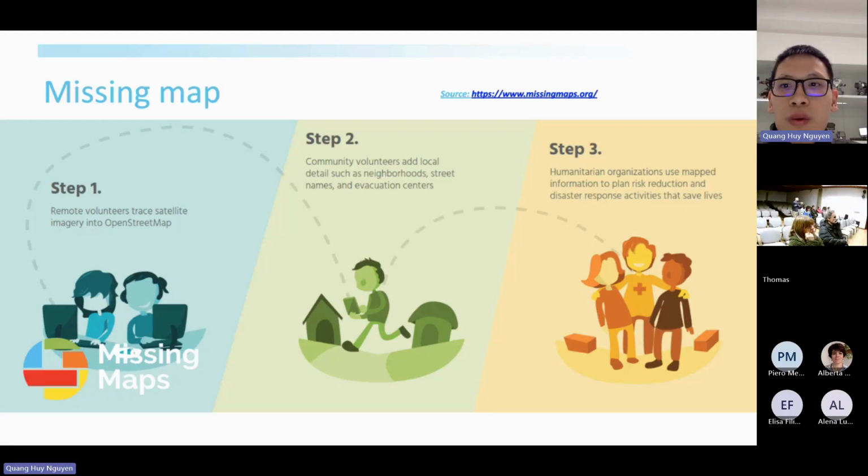They will detect on a global scale which places have more need of geospatial data, like where the map is missing the most. So they will show that in their data, and they will contribute to the geospatial community, so that we can recognize which places need more humanitarian mapping.